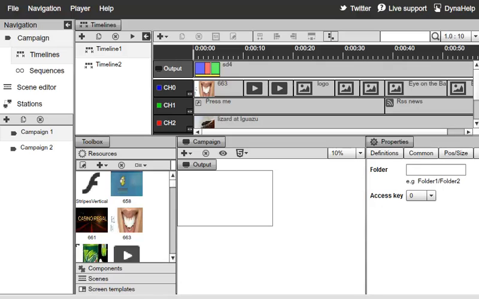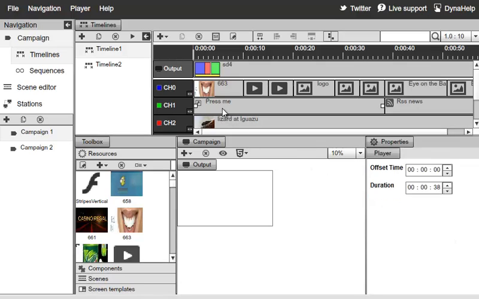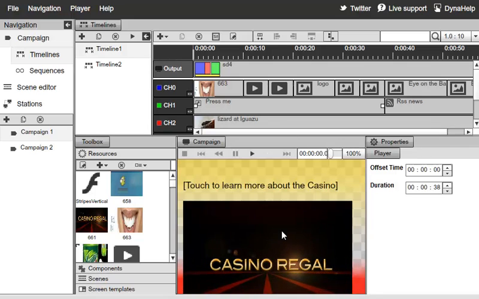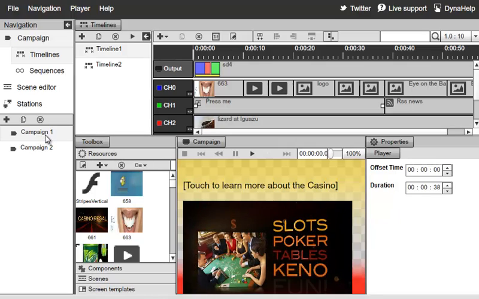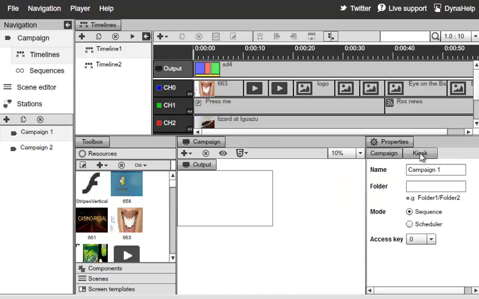So I went ahead and modified the presentation a little bit. I went ahead and put a scene right here called Press Me, and if I double click on the scene, you'll see that it has a video and it says touch to learn more about the casino. Now I'll go ahead and load the campaign properties, go to its kiosk,